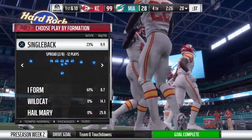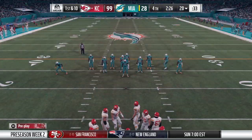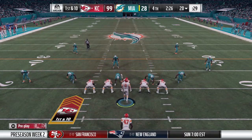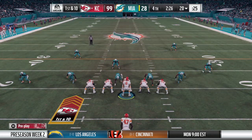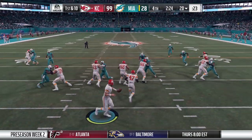They had a great drive going last time. They were moving the ball, and then all of a sudden it just stalled out. So we'll see what they can do here, Charles. And it's always easy to second guess when you don't get it on a 4th down try. But they had to like the feeling that they had going on offense. They want to continue to see if they can capture that again on this drive